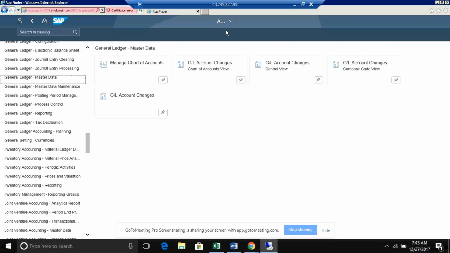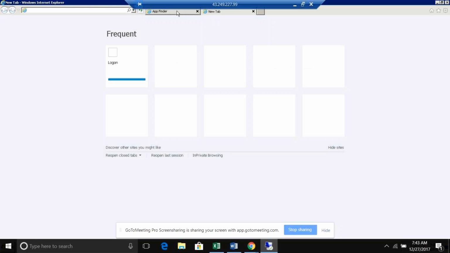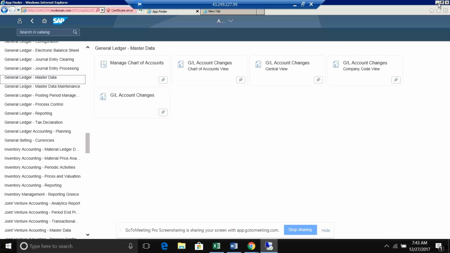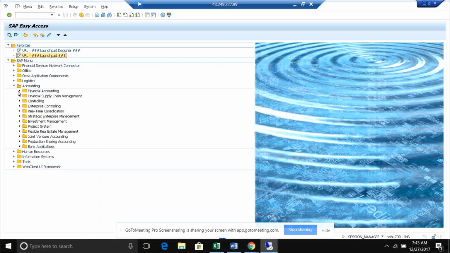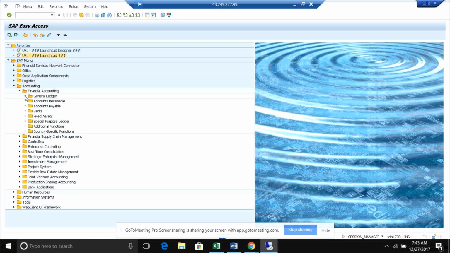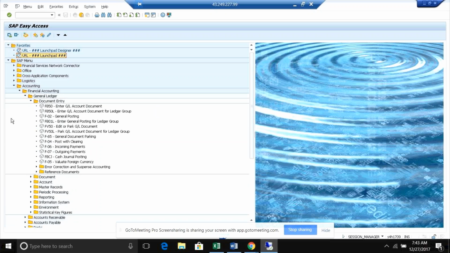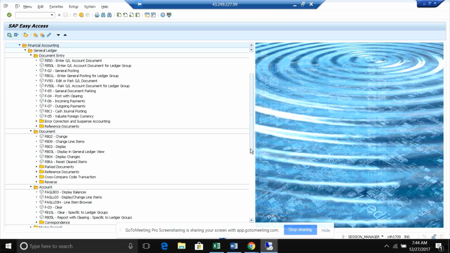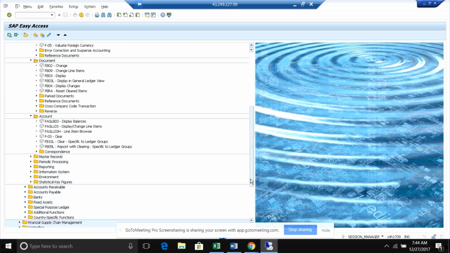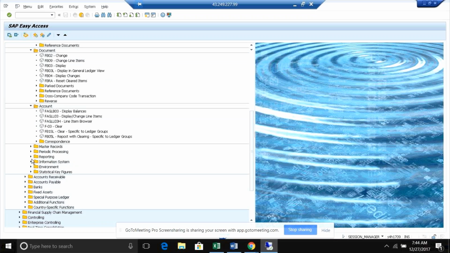If you can see here, whatever things you are getting, for example general ledger document entry and account, all these transactions you are performing on Fiori with different apps.